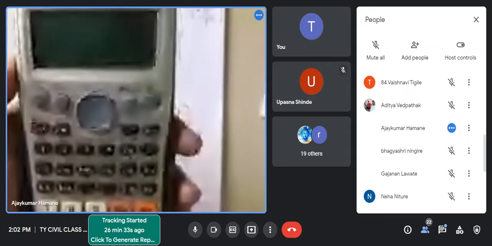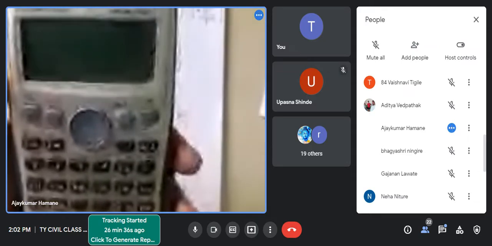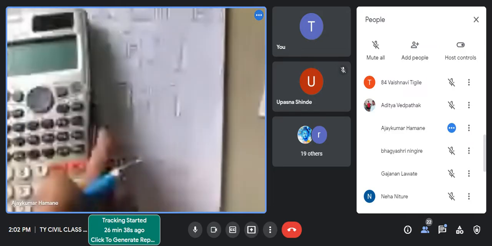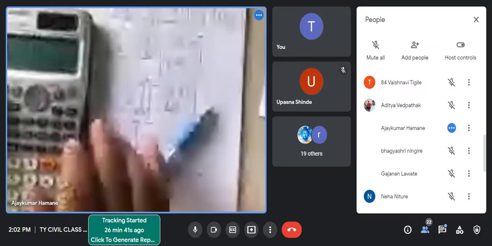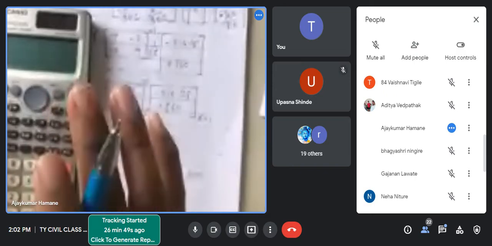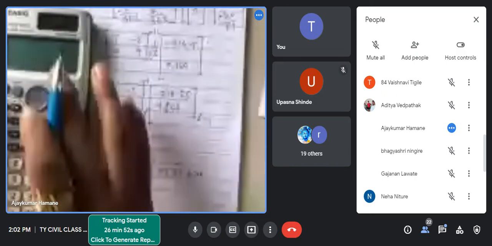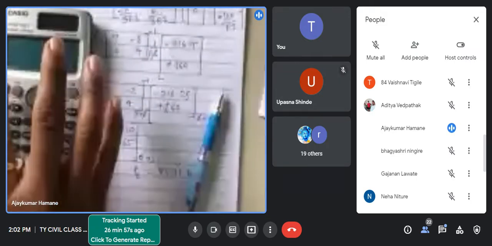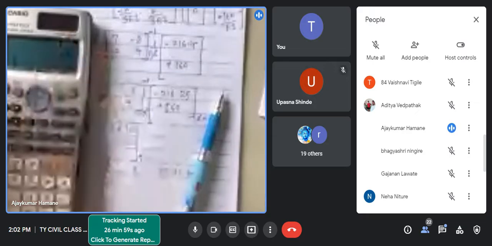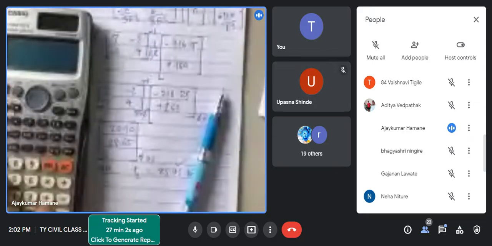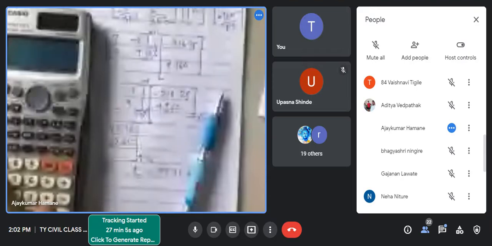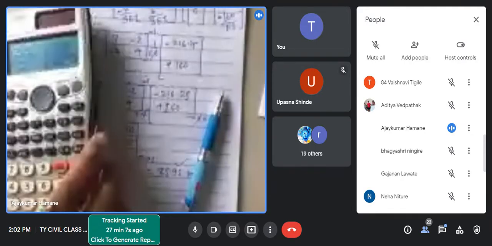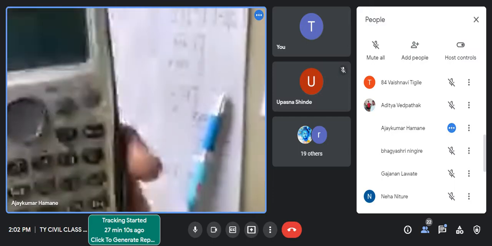How to do it on the calculator? See, to solve the matrix on the calculator, I will not tell you afterwards. Listen carefully here: how to use the calculator for solving the matrix. Okay, turn on the calculator. Now we have shift, and here the matrix code. Just click matrix. So we'll get this type of screen, correct.